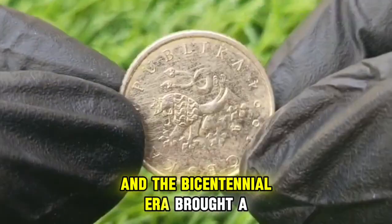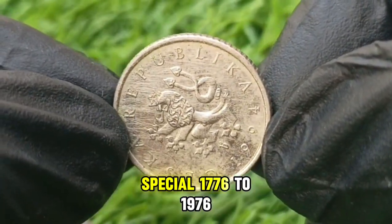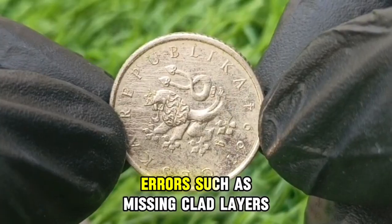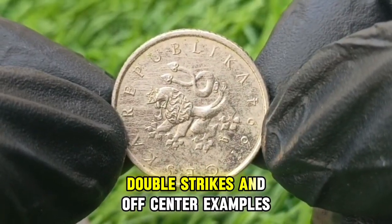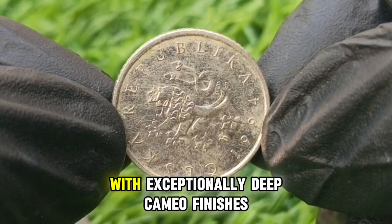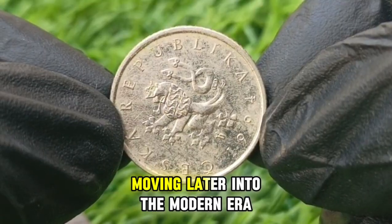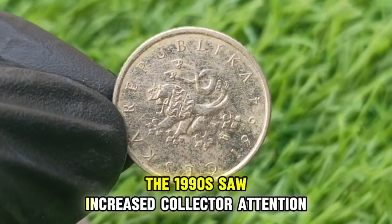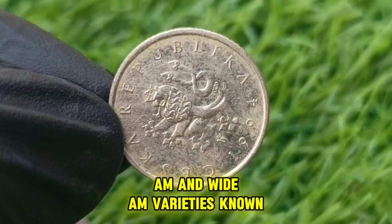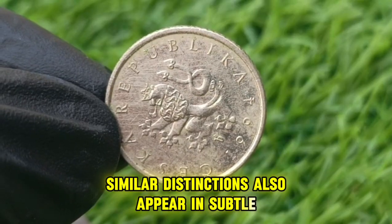The bicentennial era brought a new wave of interest as millions of Americans saved the special 1776 to 1976 dual-dated design, yet even within this huge production, errors such as missing clad layers, double strikes, and off-center examples became highly collectible, especially the rare silver bicentennial proofs with exceptionally deep cameo finishes or unusually sharp drum details on the reverse. Moving later into the modern era, the 1990s saw increased collector attention on the 1992 close AM and wide AM varieties known primarily from the Lincoln Cent series,